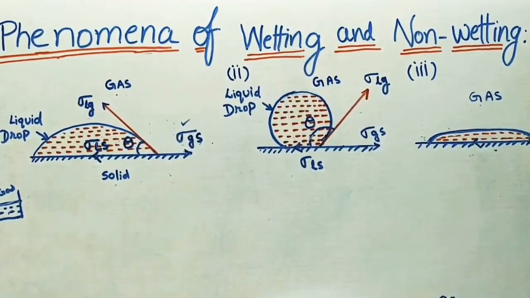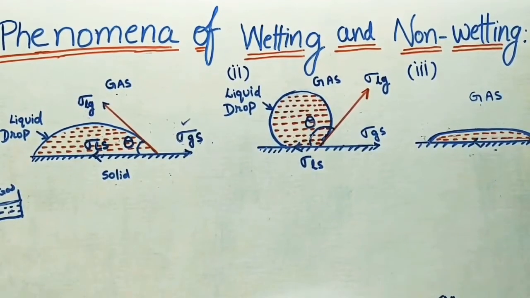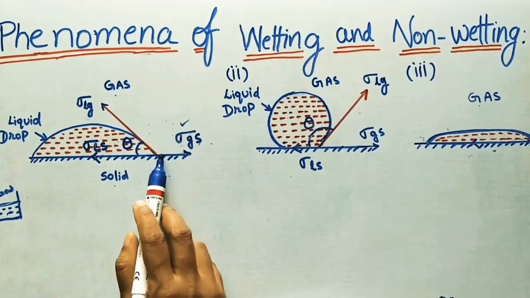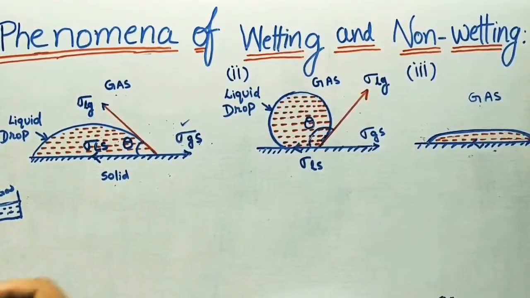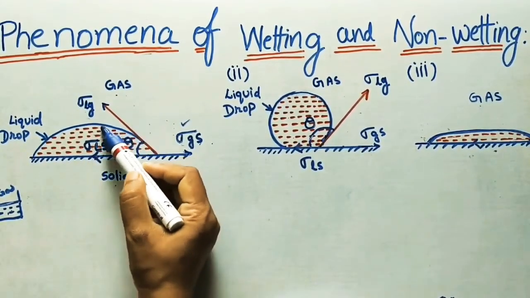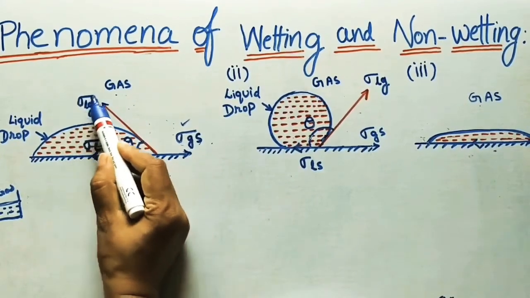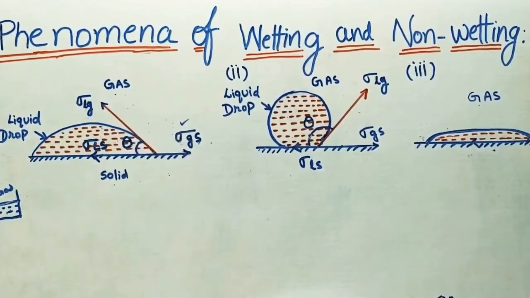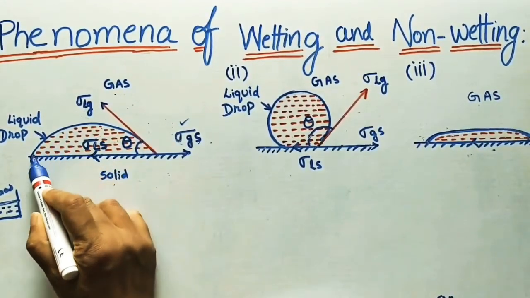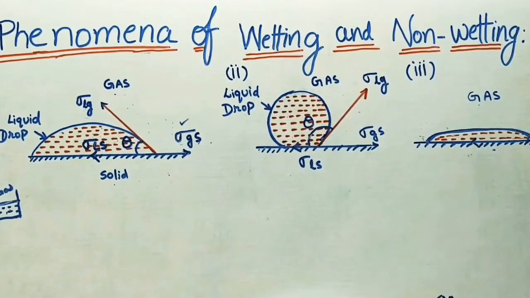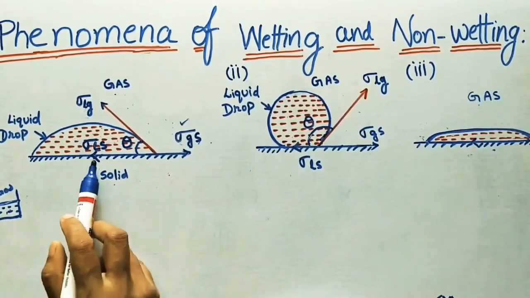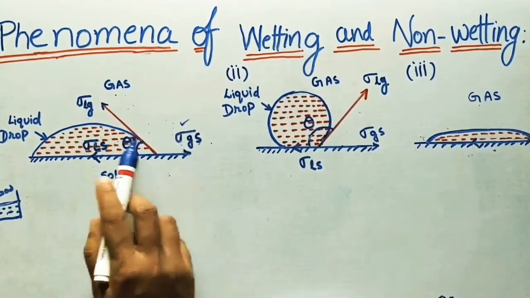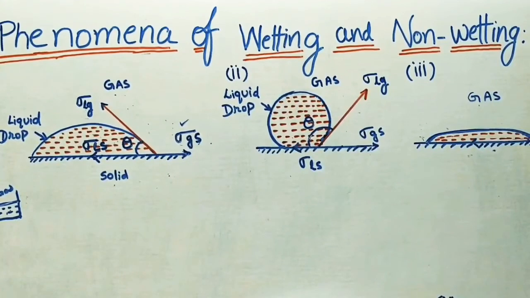This surface tension video lecture I will give in the description box, please check it. Then this is one medium and this is another medium, and at the interface surface tension will develop. Similarly between liquid and gas, surface tension sigma Lg will develop. It is acting in the tangential direction for this circular surface. Between liquid and solid, surface tension is sigma Ls. How many surface tensions are there? 1, 2, 3. Three surface tensions will develop.